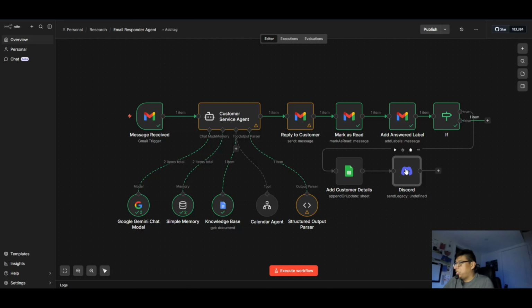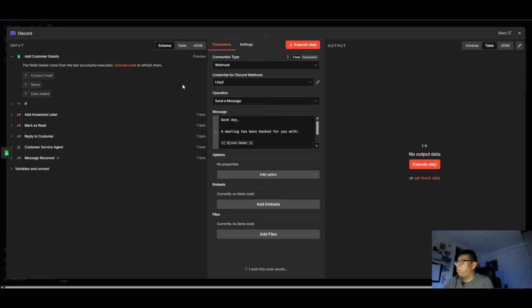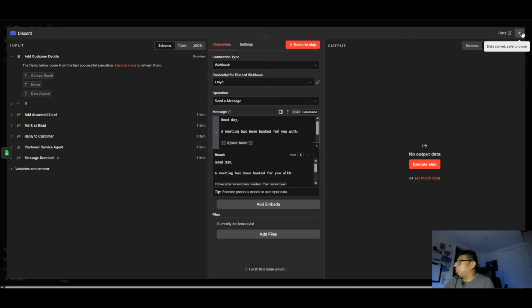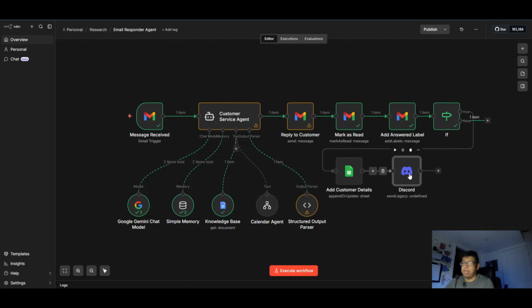After that, it hits the Discord node. The webhook sends a message, just "hey, message has been sent." This part is optional, but if you do want to learn how to set this up, I just want to keep this video from being too long, so I'll put a link in the description on how I set Discord up, and you can get that set up all for yourself right there.